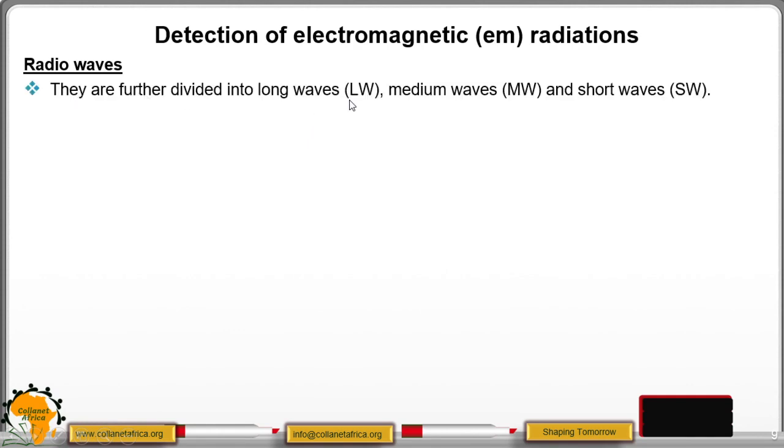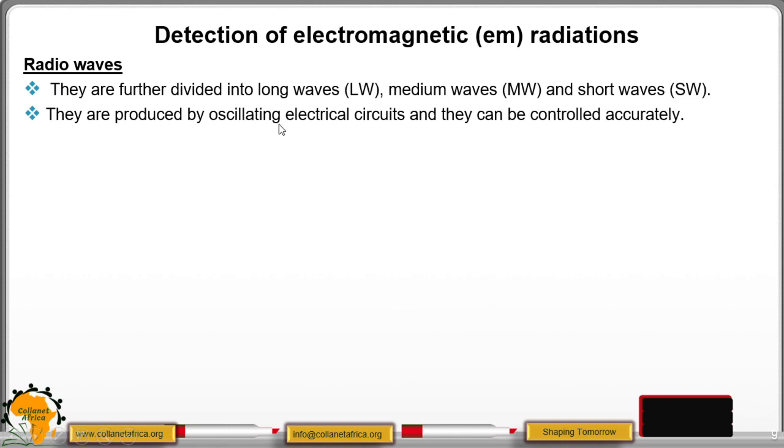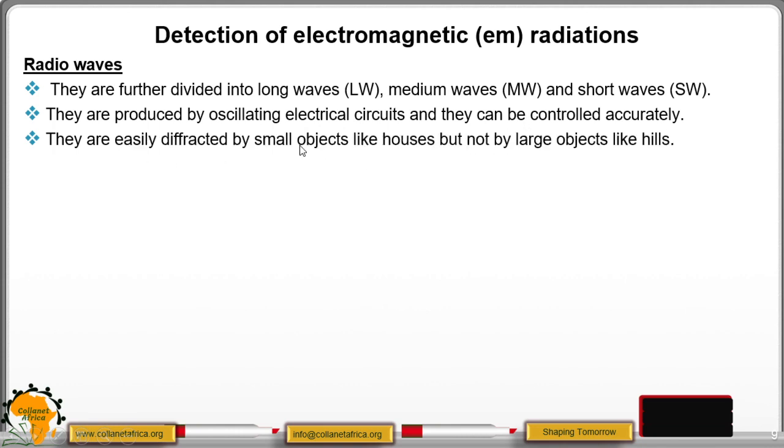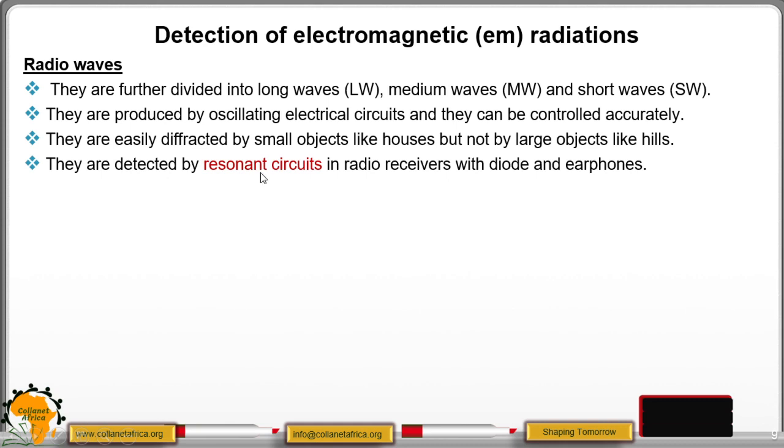These waves are subdivided into long waves, medium waves, and short waves. They are produced by oscillating electrical circuits, and these circuits can be controlled accurately. They are diffracted by small objects like houses and also large objects like hills. They are detected by resonant circuits, and these ones are found in radio receivers with diode and earphones. That is why you're able to detect a wave that is coming from Nairobi to your home and listen to